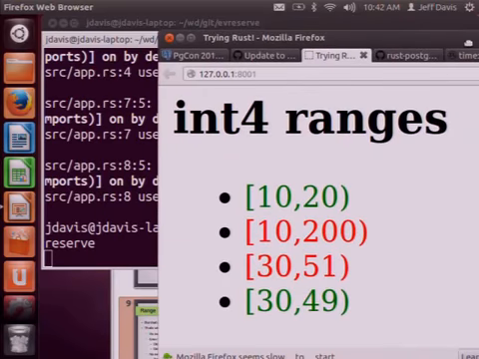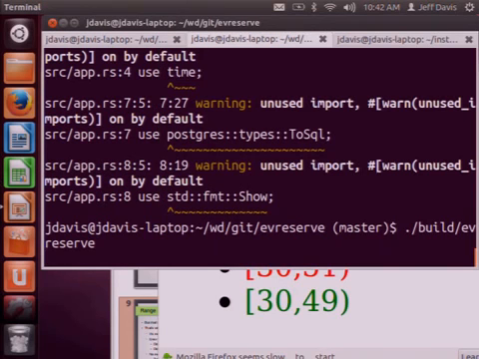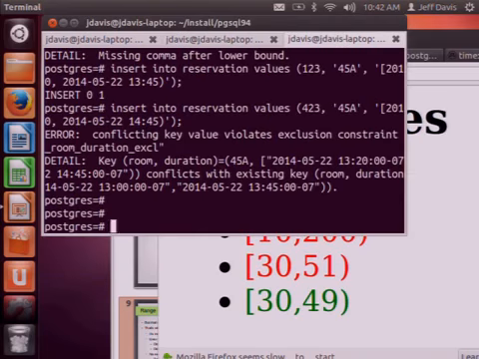Okay, so a bunch of int4 ranges there. So we can see I'm reloading it, and so 10 to 20 does not overlap with 50 to 60. 10 to 200 does. 30 to 51 does, but 30 to 49 does not. And if we go back to the Postgres session, we can find table X, and we can insert into